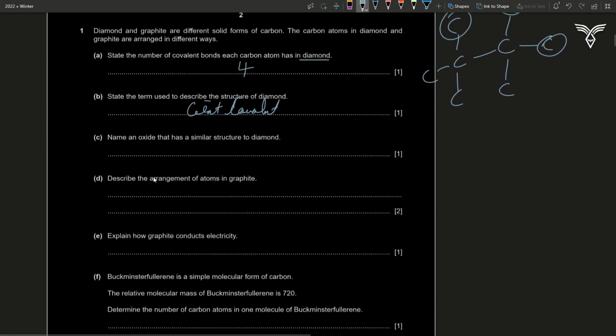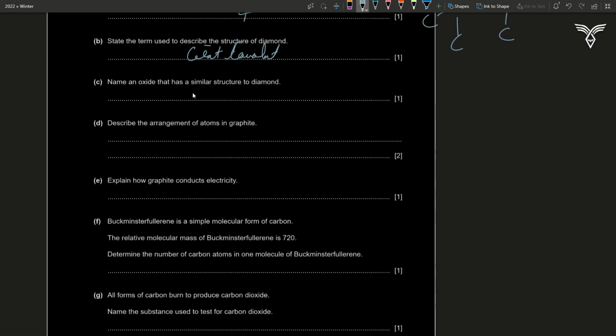Okay. طيب. Part C. Name an oxide that has a similar structure to diamond. احنا ما عندناش الا 3 staples اللي هم الجرافايت والجرافايت is not similar to diamond والدايموند نفسها والسيليكون دايوكسيد. Our answer is going to be silicon dioxide أو الفول فورم بتاعها silicon